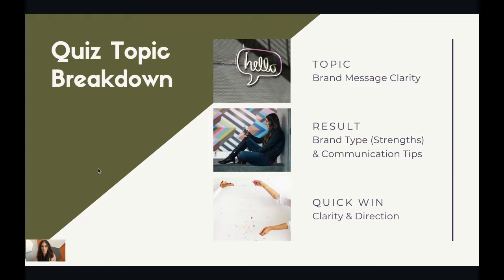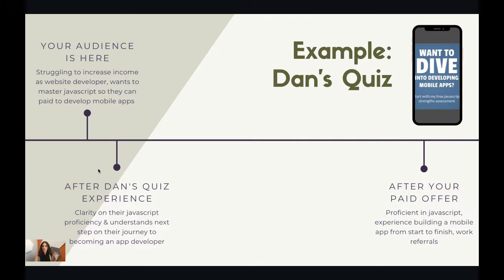So that's really talking about their brand strengths, and then giving them clear communication tips to start to communicate their message more effectively. So while actually defining a brand message statement or something like that would require some knowledge of the specifics of what it is they offer and all of those types of things, what I want them to do is feel really empowered to go start communicating in a way that's going to truly engage the people they're best suited to serve. So the result that I'm delivering them is going to help them do exactly that. And because of that, they're getting a quick win around clarity. They understand their brand type, they understand their strengths, and direction, because they now know how to move forward and communicate more effectively. So start to be thinking about what this could look like for you.